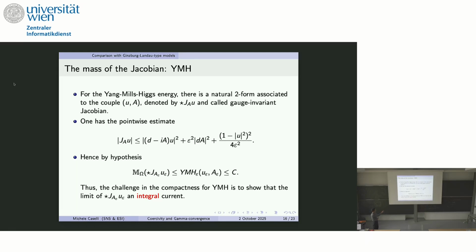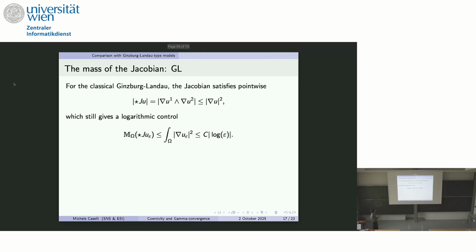Okay, the extraction of a subsequence is almost trivial. The point in their paper is that the limit is integral. Now, for the Ginzburg-Landau framework, it is not exactly the same, but still very similar, because the pointwise Jacobian,